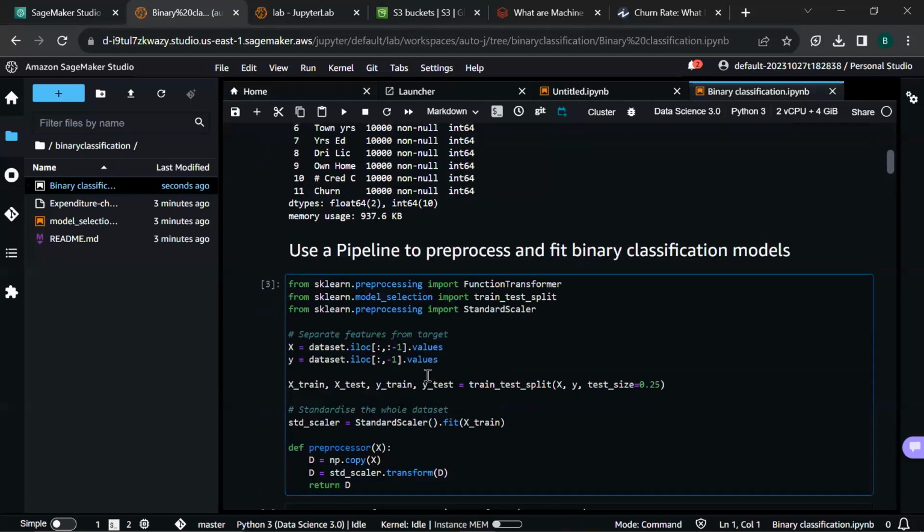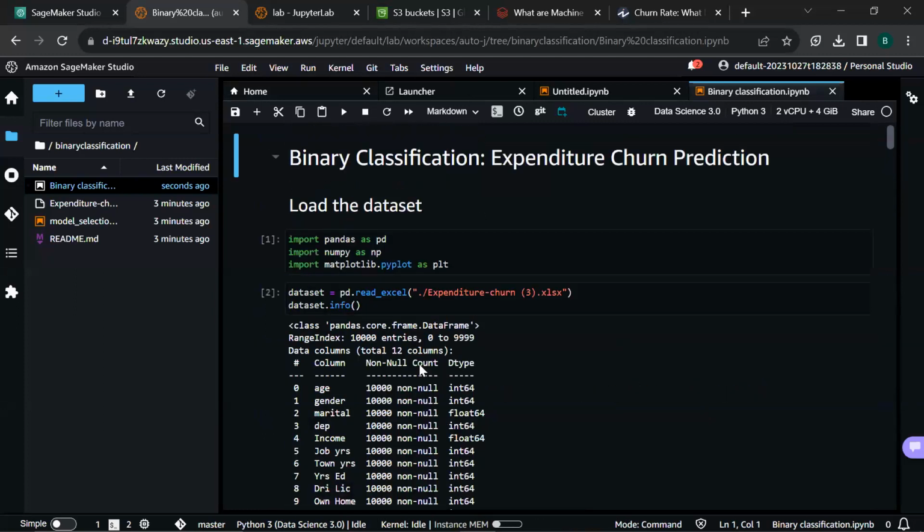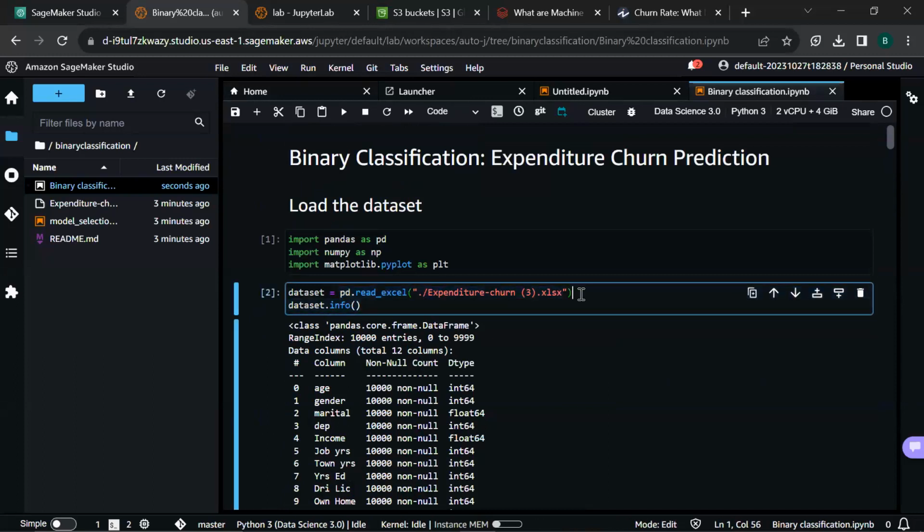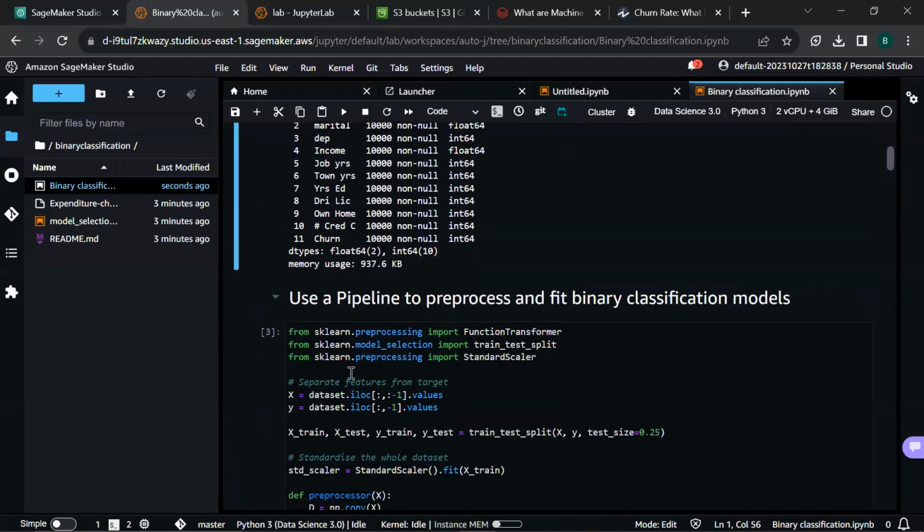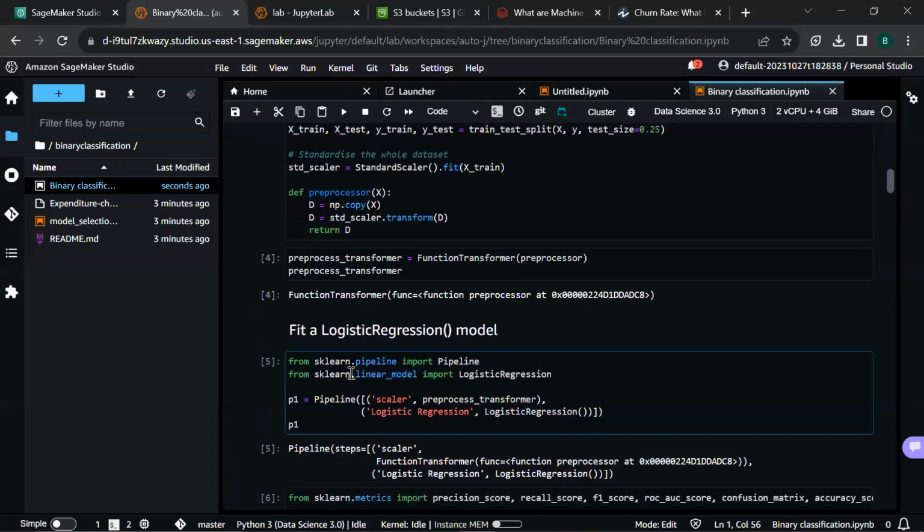So in your data science journey, the first step that you have to do is to get the data. So that's what we do here. We load the data to this particular notebook, and then after loading the data, you have to make sure that there are no missing values. That is the process called data pre-processing. You also have to make sure that the categorical columns are encoded.